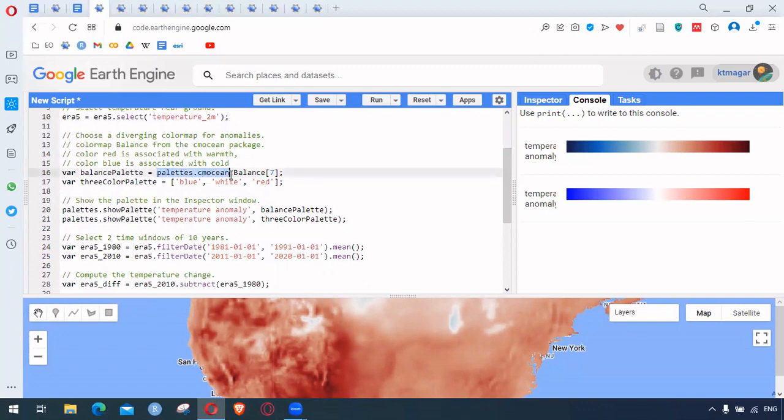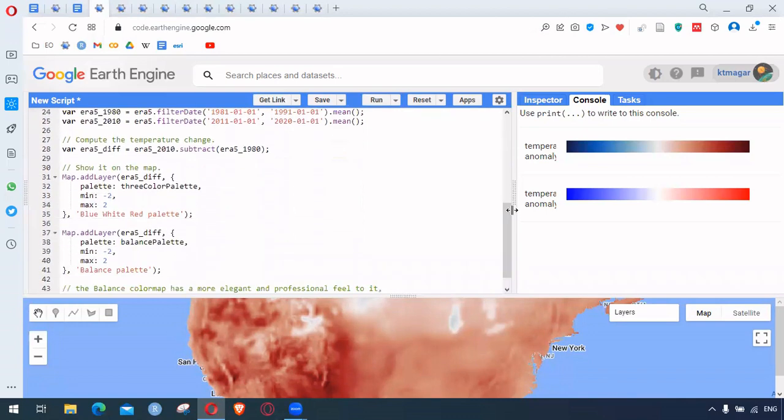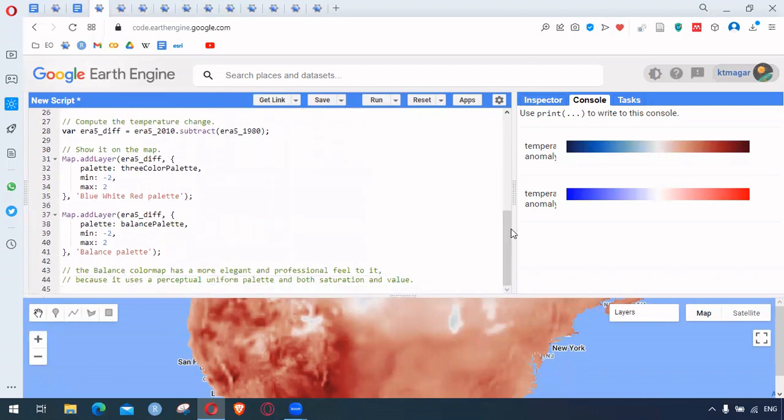So next time we will remember this one if we need to work with the temperature data set, and then after we have these palettes being shown in the console, then we have these two min images from the period of 10 years. We subtracted the two images, and then we added it as layer with two different color palettes, and the book suggests that this balanced color map is more elegant and gives us a more professional tone. So this is the first